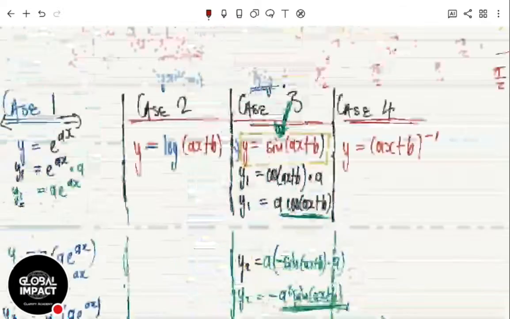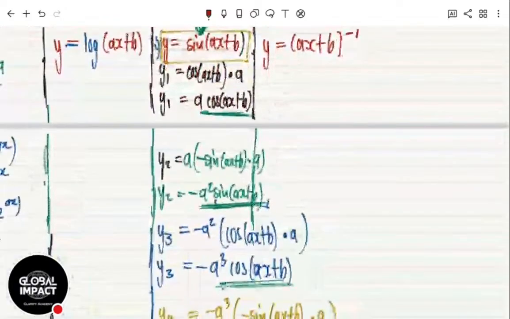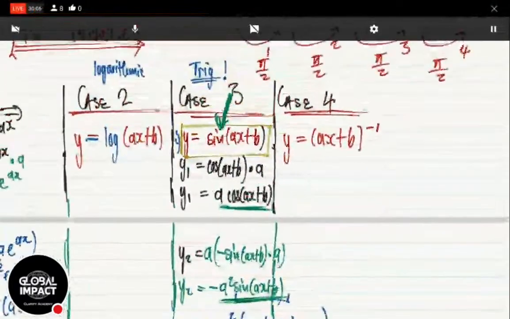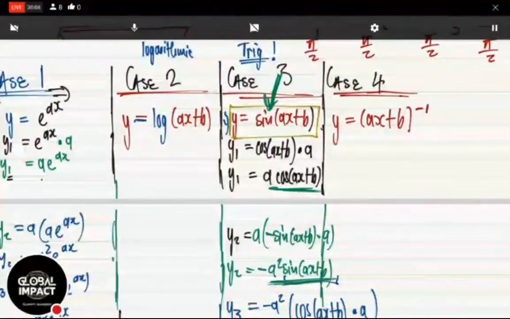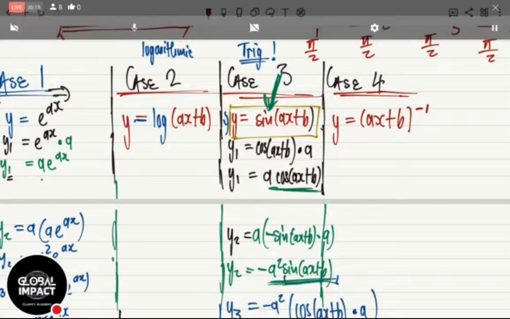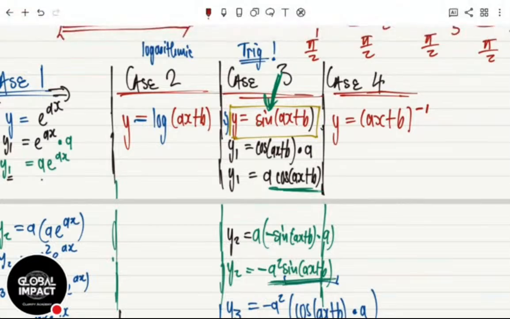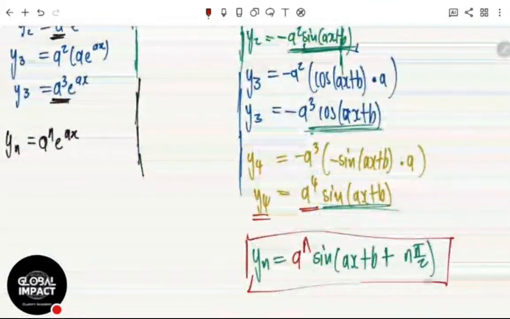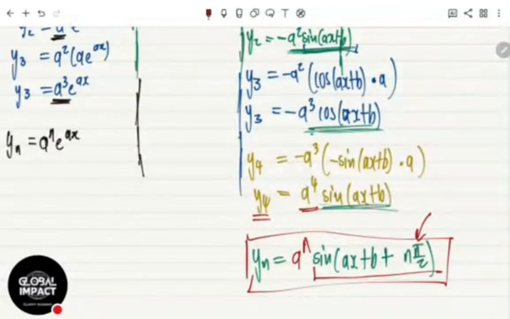Right. Next thing is going to be case 3 and case 4. We want to find a derivative. So anytime you get a trig, don't tell me you can't find the nth derivative. No, it's just an a to the n, then it comes back. But remember to put this phase difference, the angle it changes by anytime you differentiate.